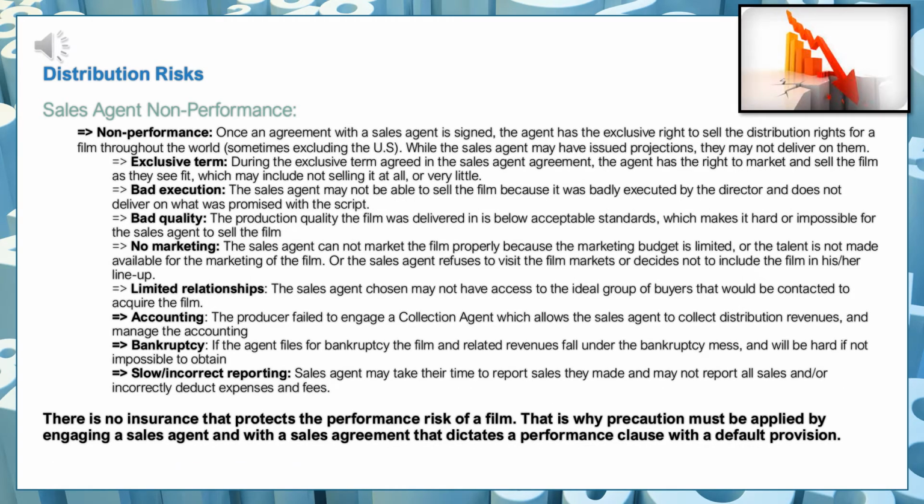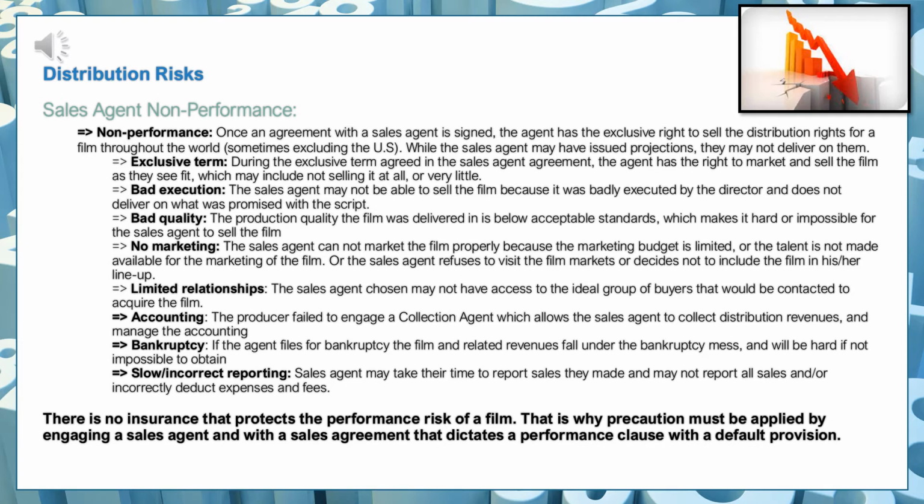When we look at distribution risk, we're also looking at sales agent performance risk, of course. We have to make sure as producers and investors that we work with sales agents who can perform for us. However, you're going to face in your career likely a sales agent that is not performing for you, meaning they do a sales agency agreement with you, they issue sales estimates for you, and then they're not selling in accordance with what those sales estimates are projecting.